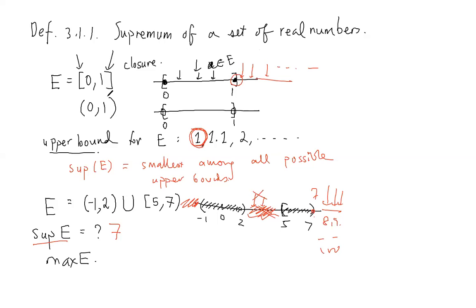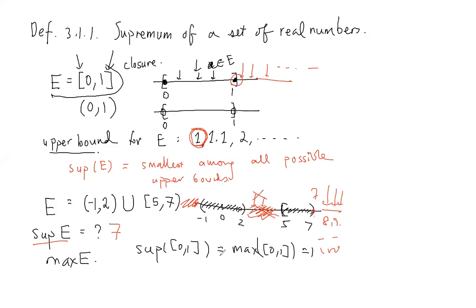For example, in this case, the supremum of E, I better write it like this, is equal to the max of this interval, which is 1. You have to notice that max,